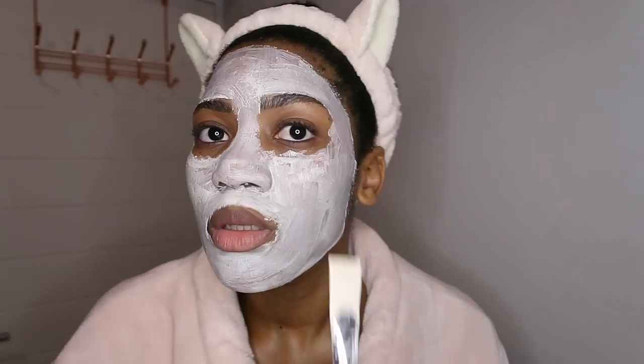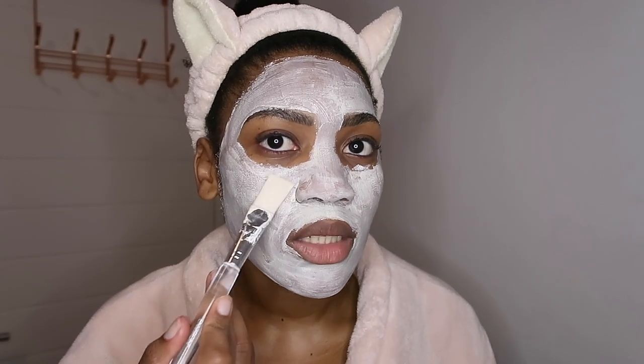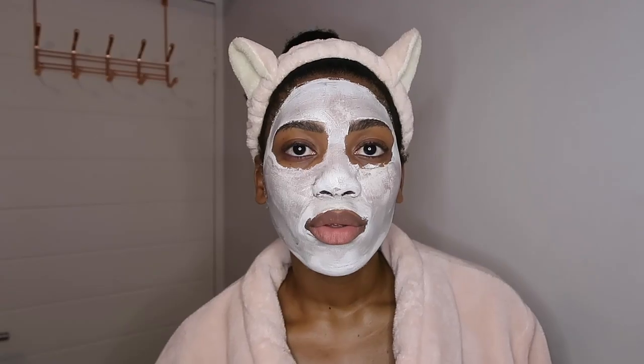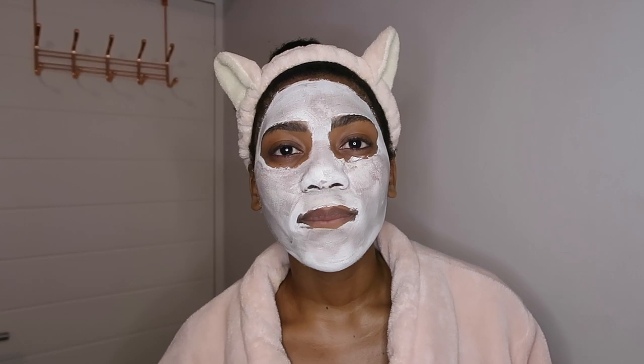So with this mask, you're supposed to leave it on for 5 to 8 minutes. When I started, I left it on for 5. Then as I did it, I would leave it on for longer and longer. I think this time around I'll leave it on for 7. I just need to put my timer on. You are supposed to use this mask once or twice a week. I just do once. But it's all about your skin's